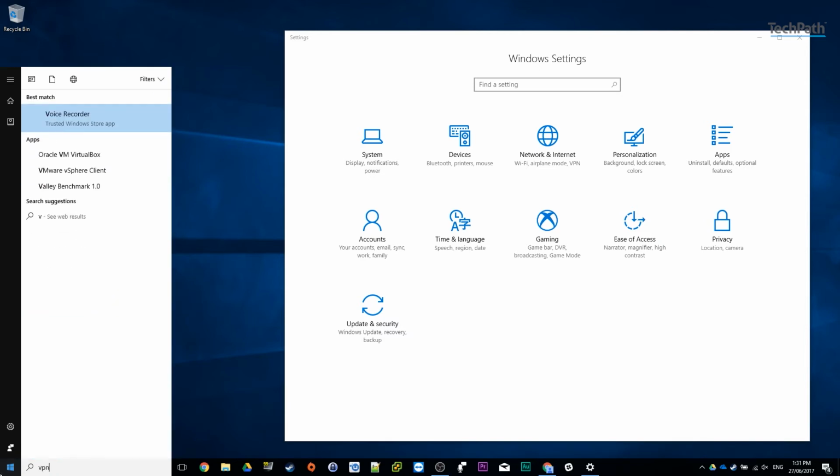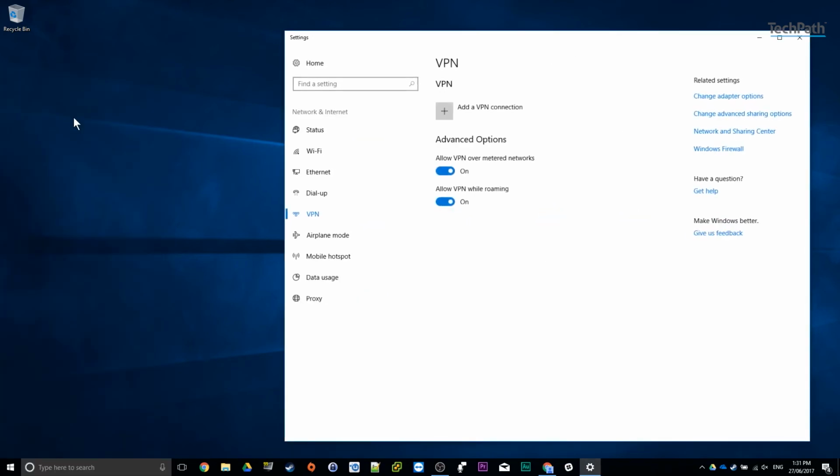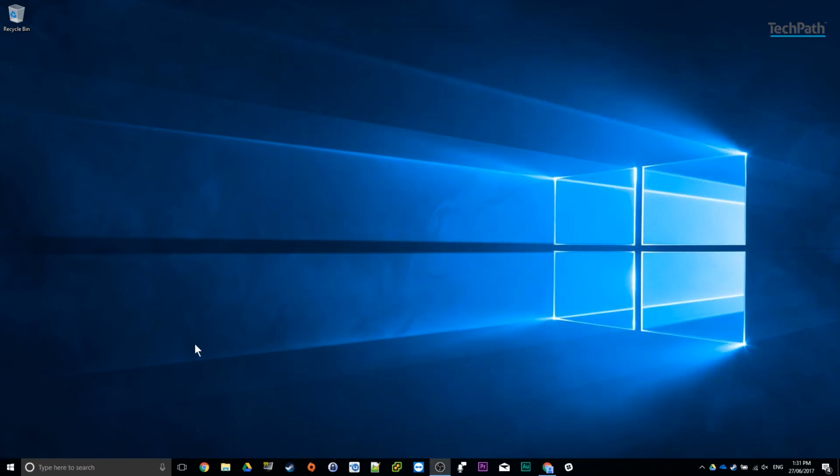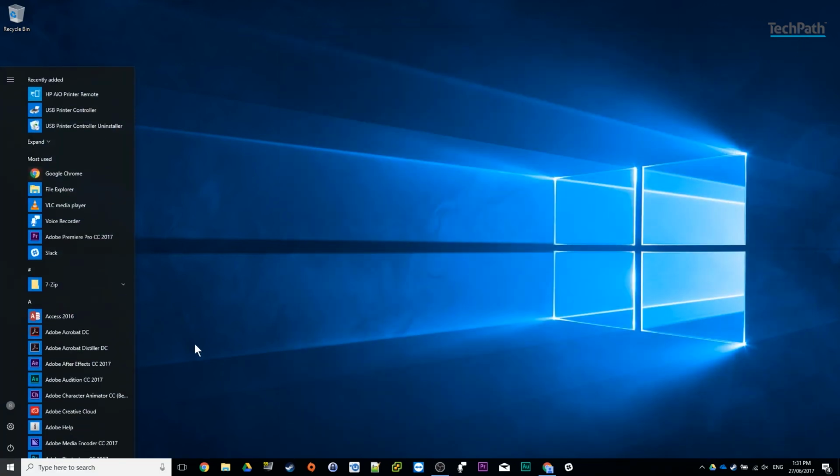So let's just go ahead and search for VPN. And as you can see, it brings up a couple of options here, and let's just go ahead and select the top one, change virtual private networks, and we just click on that guy there, and boom, you can see that opens up in the settings app over there to where it is located. So that's another useful feature,